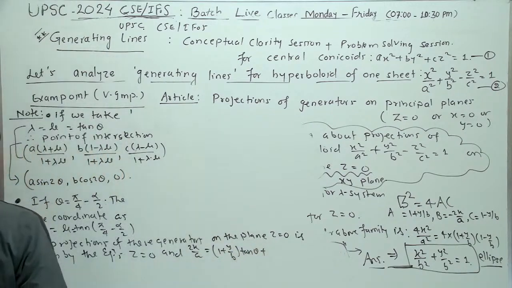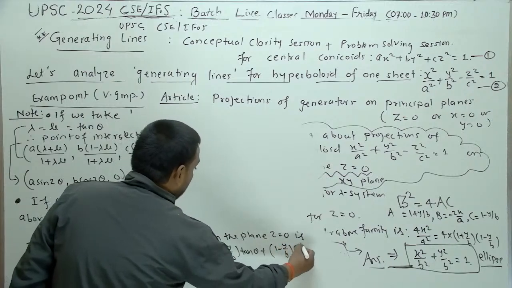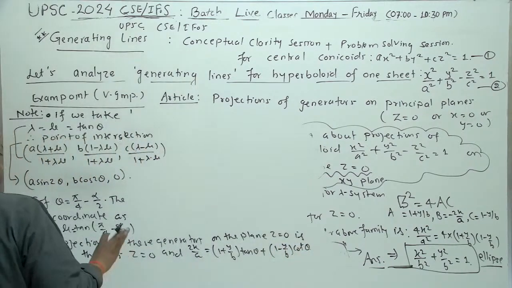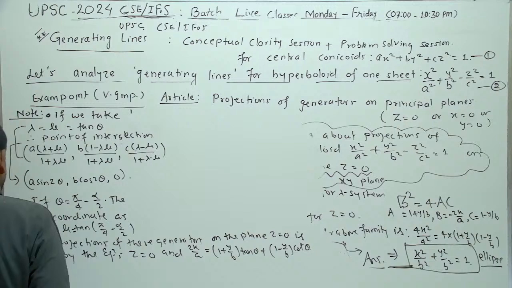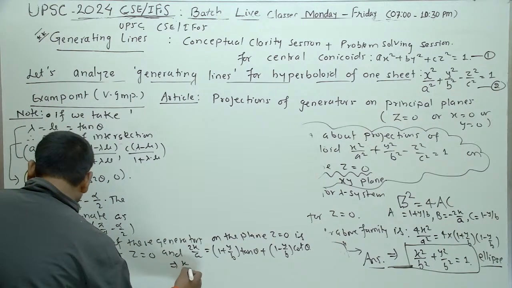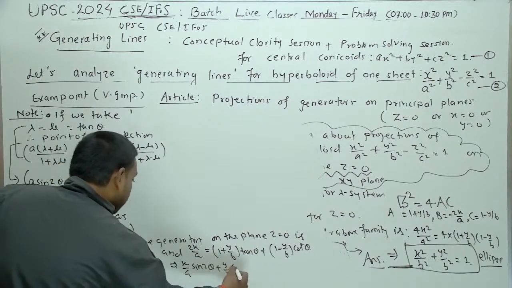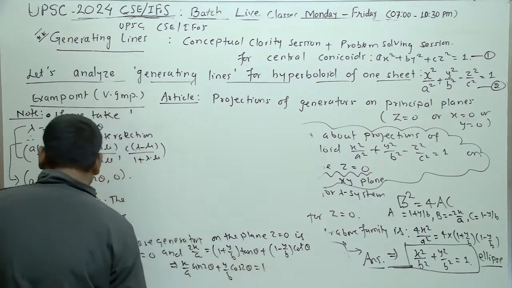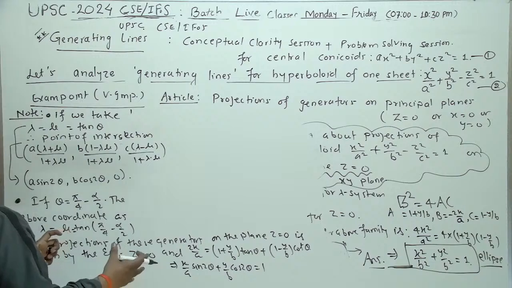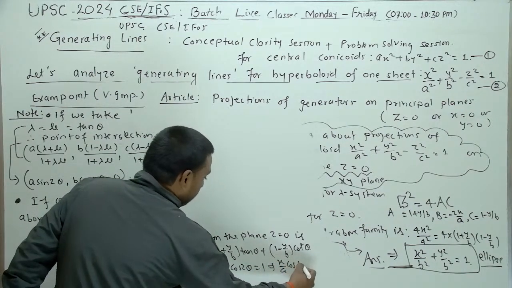The other component was (1 minus y upon b) into cot theta. If I solve that, this will give me x upon a sin 2 theta plus y upon b cos 2 theta equals 1. Now if we put in alpha, we get